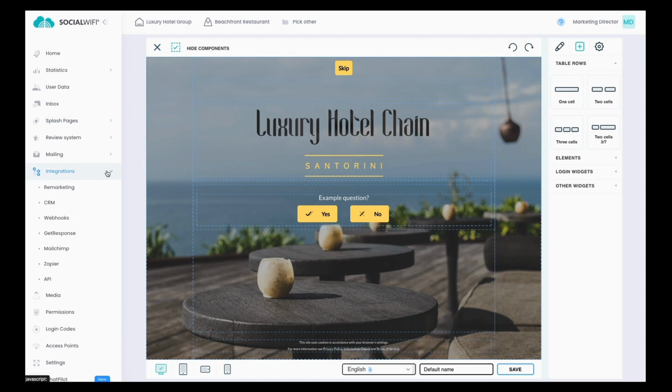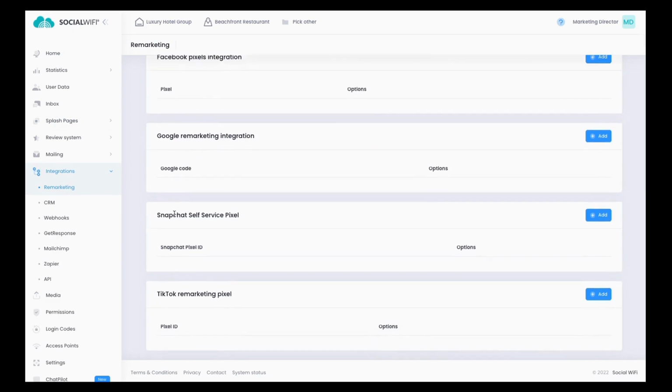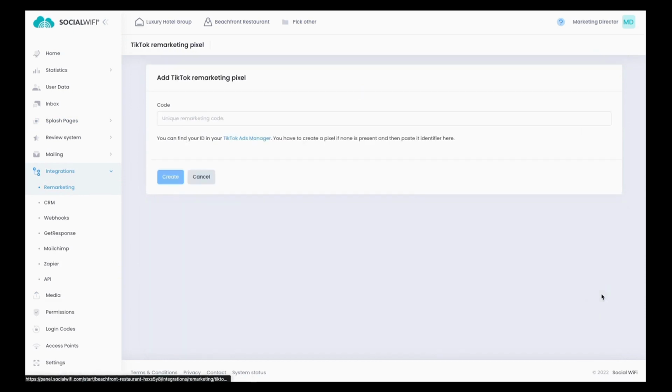And if you go to the integrations tab, this will be changing visually in November. But for the moment, if you go into the remarketing section, we've always had Facebook Pixel. We've always had the Google remarketing cookie, but now we've added in Snapchat Pixel and TikTok remarketing pixel as well. So if you wanted to add those, you could just click add, paste in your unique remarketing code, hit create,